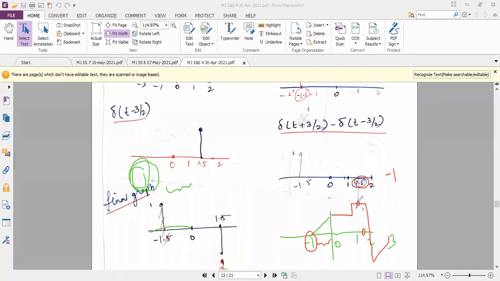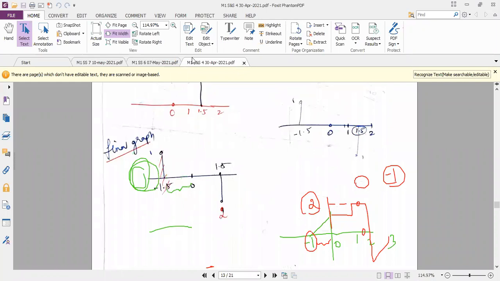What is the answer? We are performing the multiplication operation. Is the amplitude 2 here in the x of t question? The highest amplitude is 2 at 1.5. Just check in the question. At 1.5 the highest amplitude is 2, and in the delta function, the amplitude at 1.5 is minus 1. So minus 1 multiplied with 2 is minus 2. So my final diagram, which I'm showing you here on the screen, will have the signal only at 1.5. Your amplitude is minus 2. That's it.